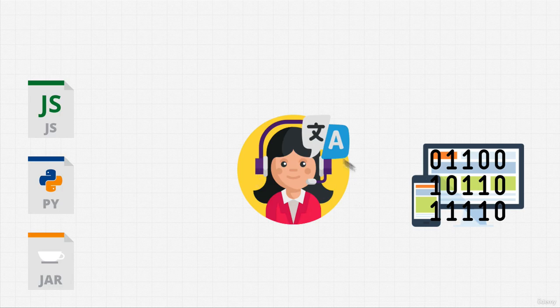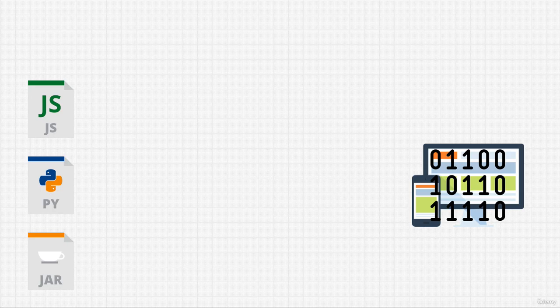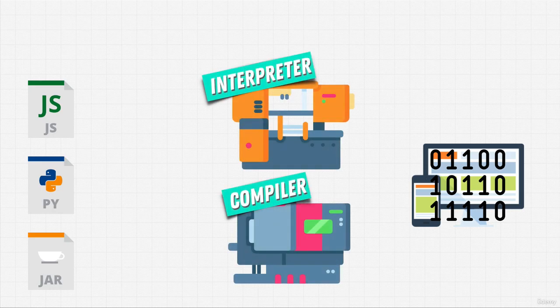So what is this translator? It's not really a person, right? I'm not giving my code to somebody and somebody's going to just start shouting at the computer. That would be quite silly. What is this translator? Ready to have your mind blown? Well, it's another program written by a human. It can either be an interpreter or a compiler.